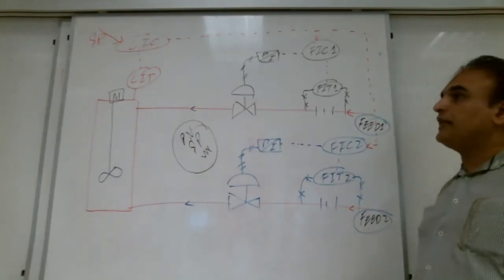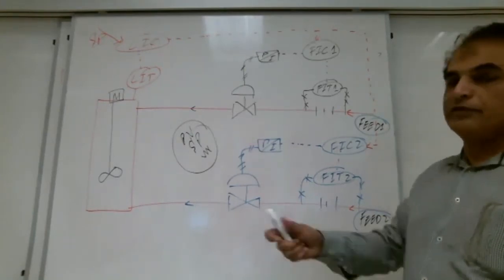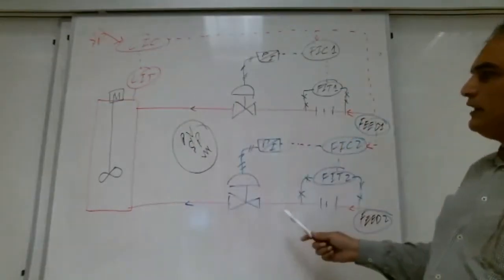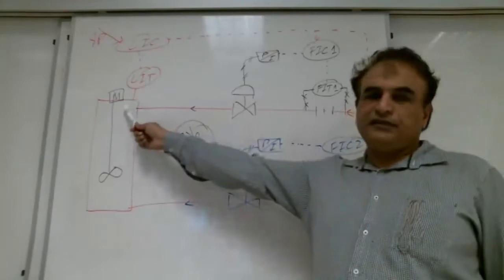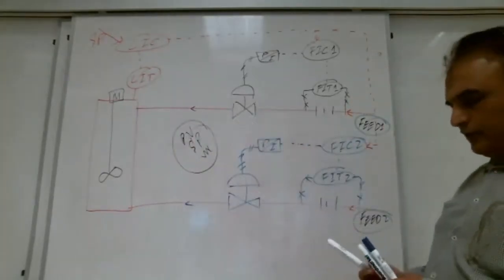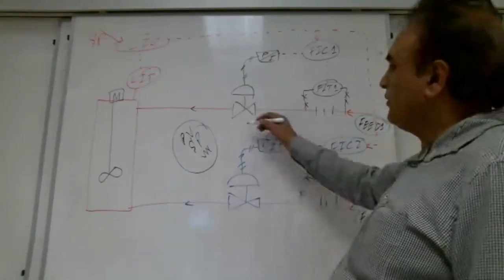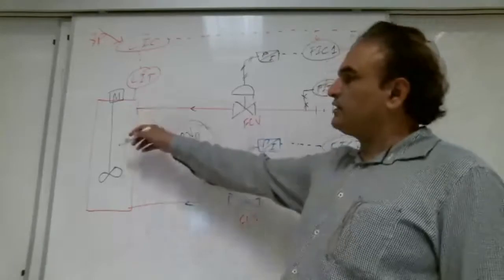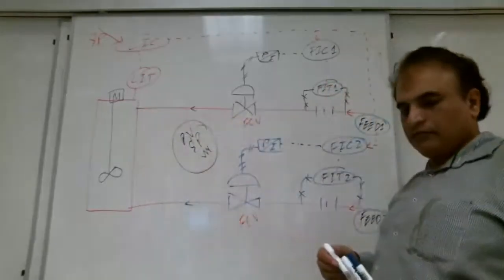So we are controlling level here. We are controlling level in terms of flow. If there is a maximum level, if it reaches there, then we will close these valves, flow control valves, and we will stop the flow. If still more level is needed, we will open the valve more.